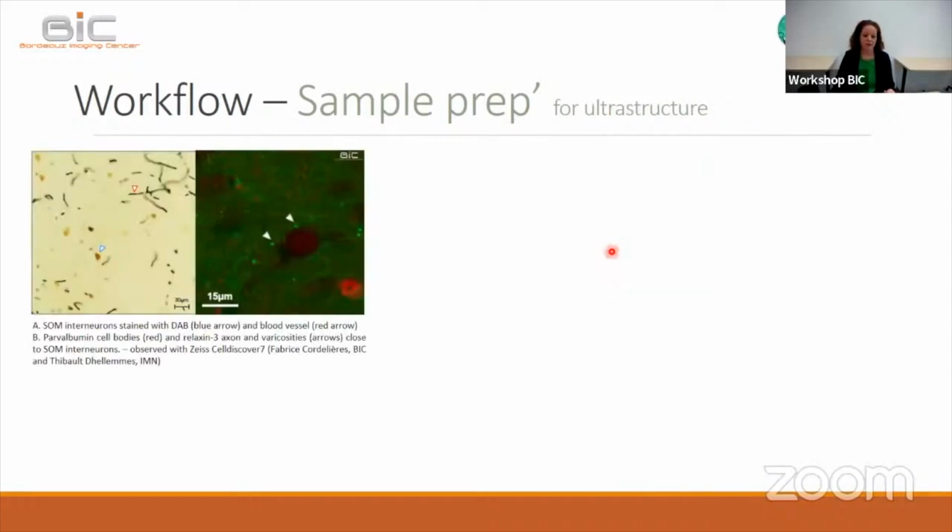But we can also have different ways to go to the 3D volume and cell location. We can also use a protocol to do just ultrastructure in 3D. So, for example, here we use DAB to target the cells of interest, and then we have the GFP to detect the relaxin 3 axon in contact with some cells, for example here in this project,